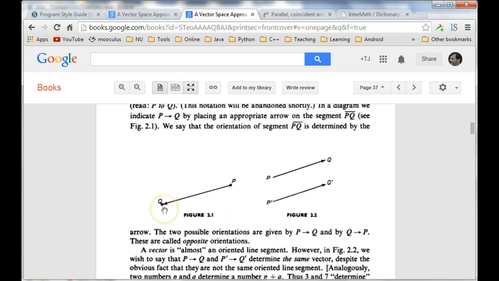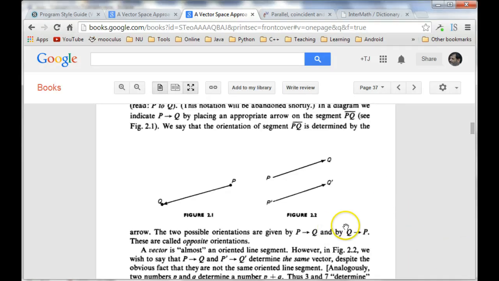That would not be the same vector because it's in an opposite direction, or would not be the same directed line segment because it's going in a different direction. It's not directed the same way, right? So a vector is kind of like a line segment, but when we talk about vectors,